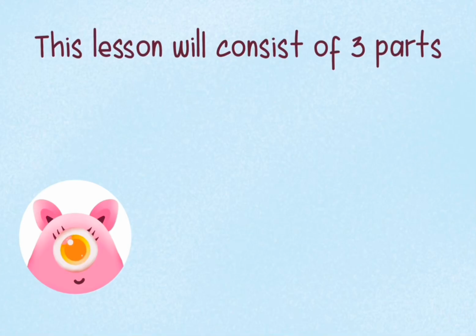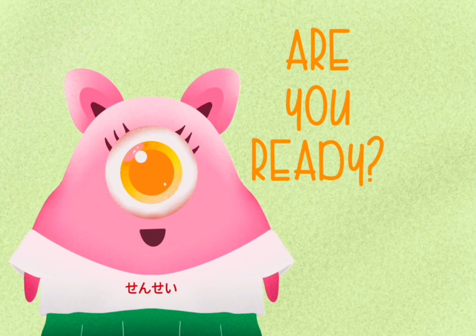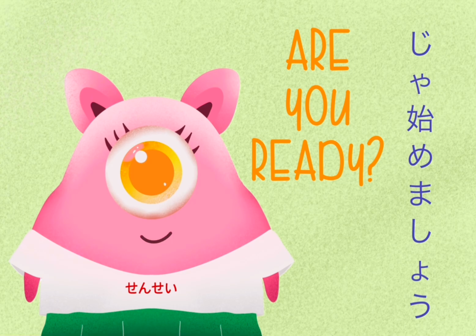This lesson will consist of 3 parts. Number 1, the story. Number 2, the grammar, which I will explain how they use the words and sentences in the lesson. And then number 3, the vocabulary, where all the words used in the lesson will be listed. By the end of the video, I will include a short exercise about the lesson. Are you ready? じゃ、始めましょう。